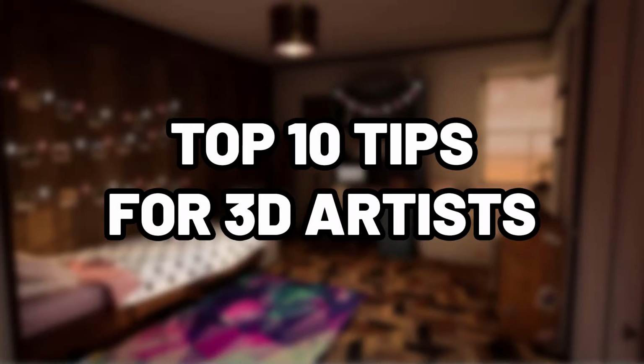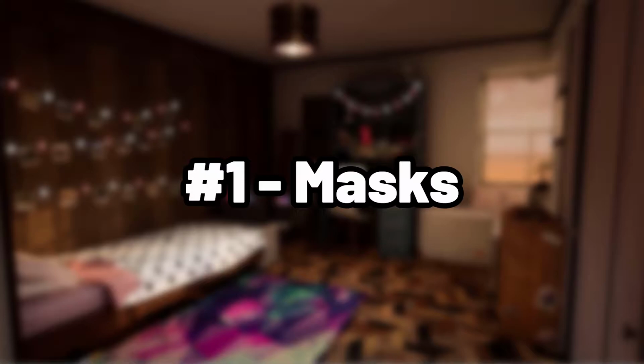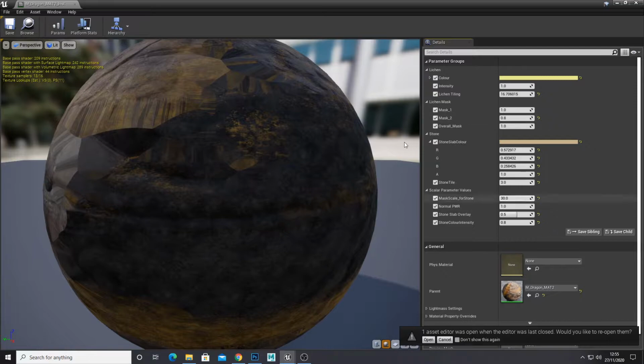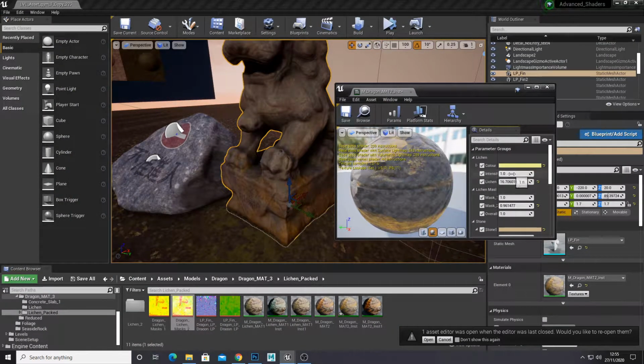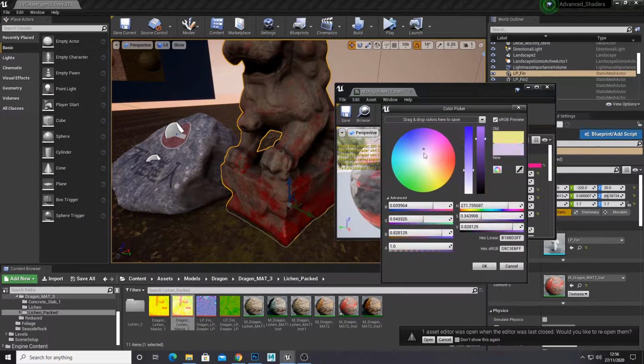Today I'm going to give you my top 10 tips for improving your 3D art. My first tip is use masks. Masks can increase development speed and give you so much more control over your final asset. They are also super flexible, allowing you to reuse the masks or even entire materials, yet create variation through parameter